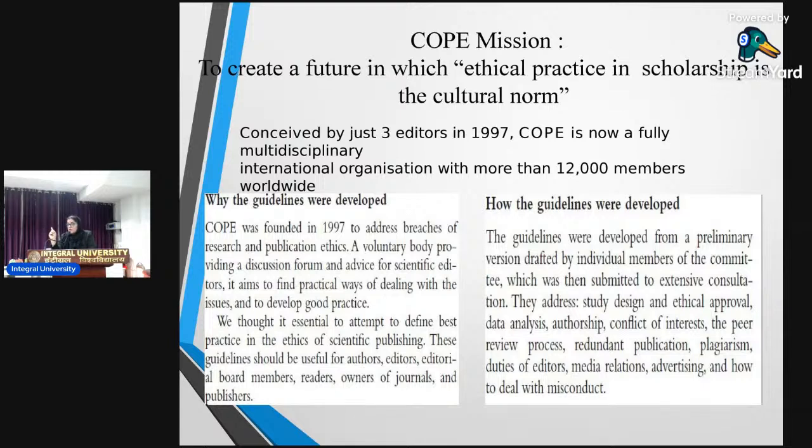You cannot generate raw data at the end of the research. Remember it. Will you be able to generate raw data at the end of research when you're ready for publication? No. So it has to be done on a day-to-day basis, right? And it's a better practice that you get the data signed by your supervisor, right? So it will be a record that you have already discussed the data,